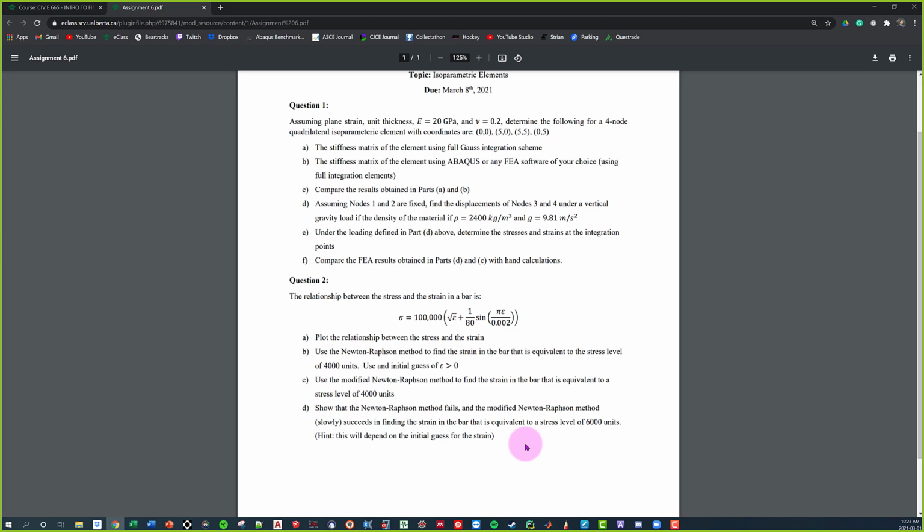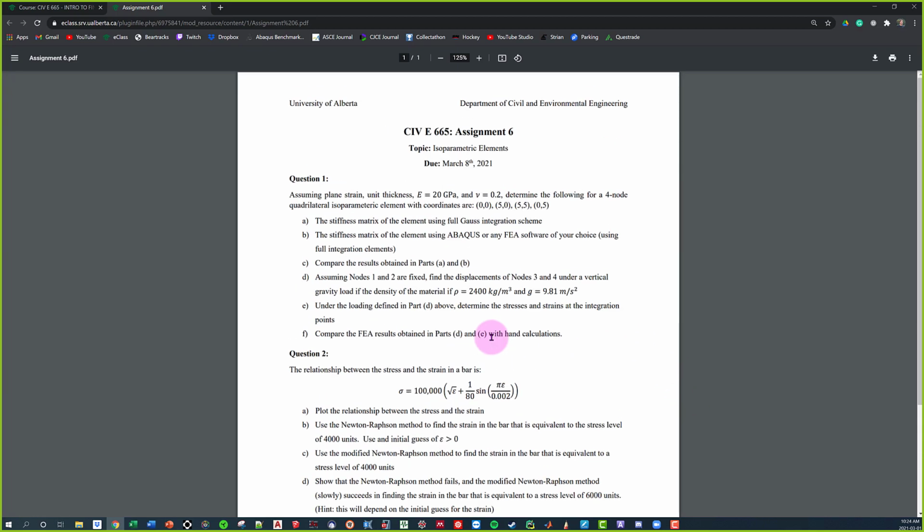Again, everything that we did with potential energy just now, that was overkill. We're not going that crazy. You guys have one equation. You know your desired values in each part of the question. You basically just do the Newton-Raphson method to figure out what the strain is going to be to achieve those values of stress. So question number 2, are there any questions about that, or are you thinking, yeah, this isn't too bad? Again, single variable. Hopefully not too bad. All right, if you disagree later on, let me know.